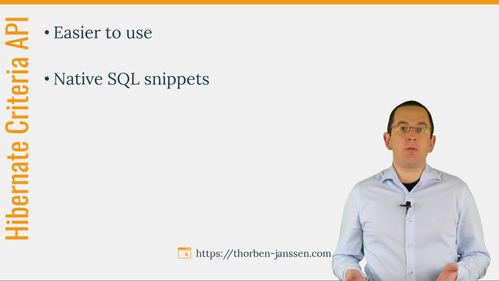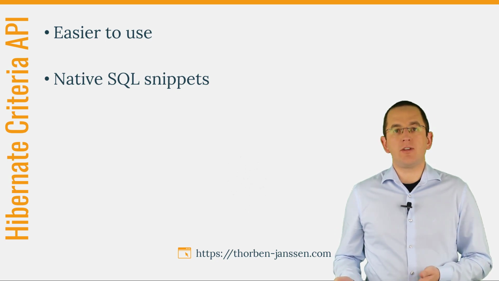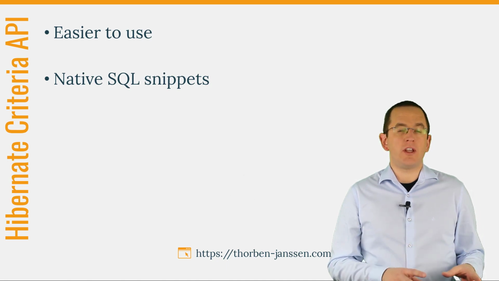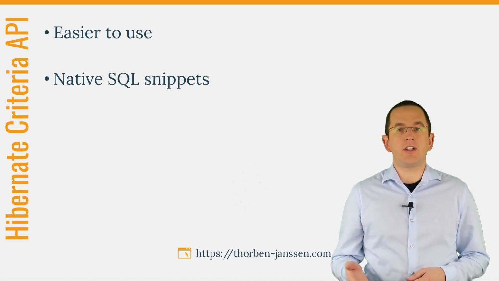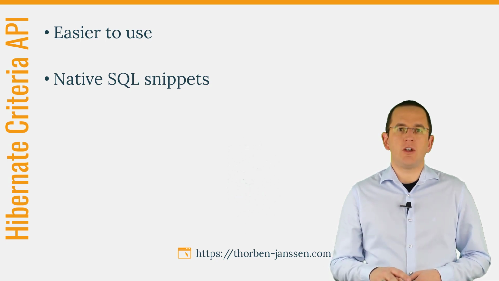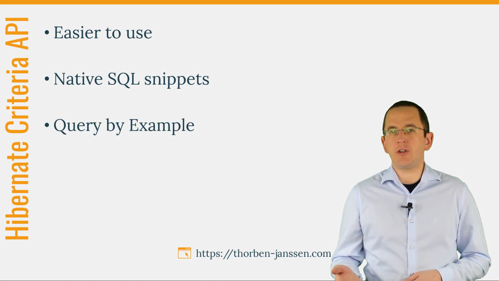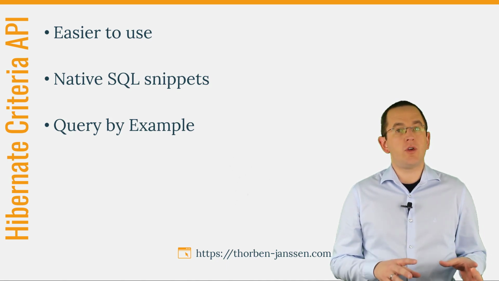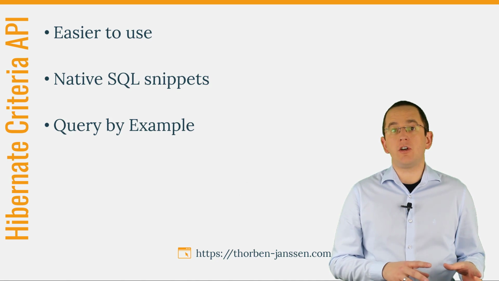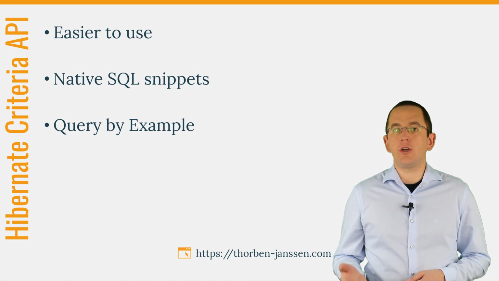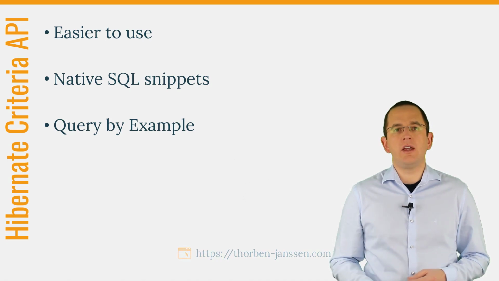Hibernate's API enables you to define parts of your query as native SQL snippets. This provides a flexible approach to use the features of your database, even if Hibernate doesn't offer direct support for them. Unfortunately, there is no corresponding feature in JPA's Criteria API. Another feature that a lot of developers miss during the migration is Hibernate's example criterion. It allows you to define your query's where clause based on an entity object and its attribute values. Using JPA's Criteria API, you need to implement the required where clause yourself.